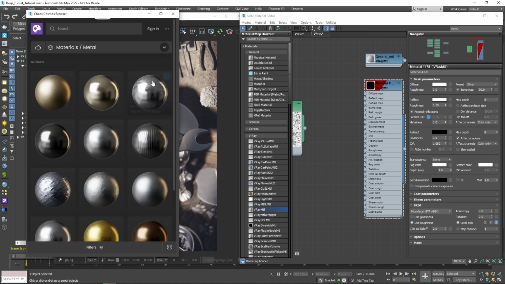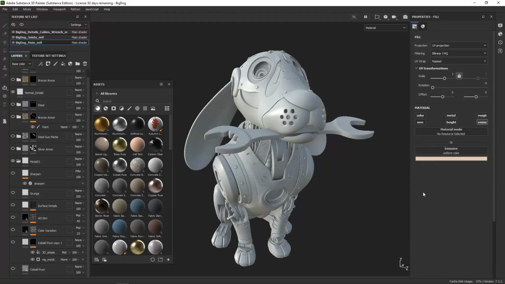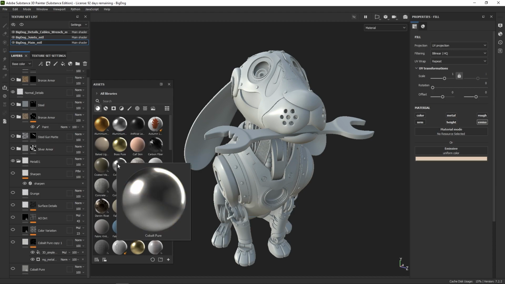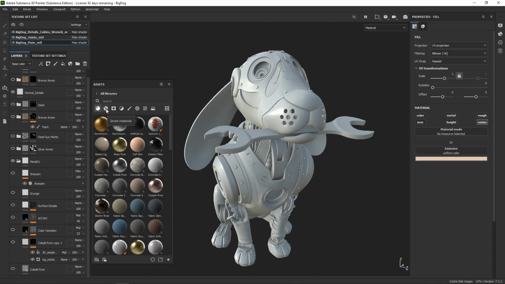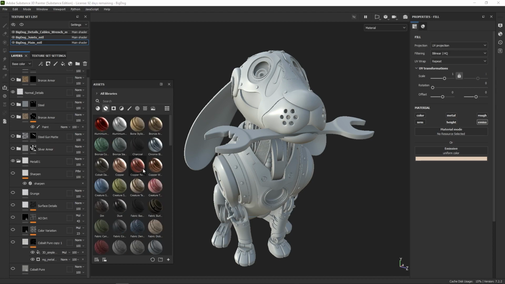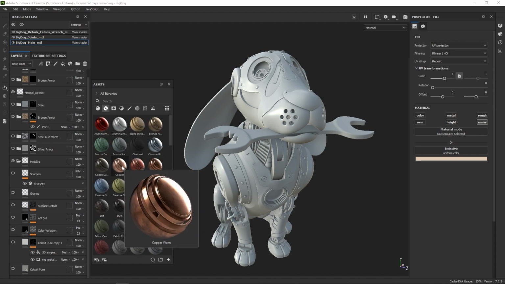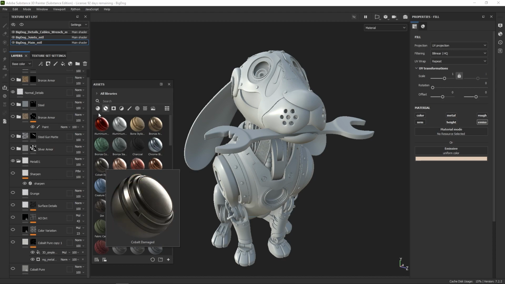Okay, great. Of course, we can use an external software package to create our textures, such as Substance Painter. I've used it to create textures for both of the dogs. I'll walk you through my process of creating those textures without going into too much detail. Here in Substance Painter, I usually start from some of the presets that come with the software. Also, there are some complete materials called smart materials that sometimes are exactly what I want, or need to be